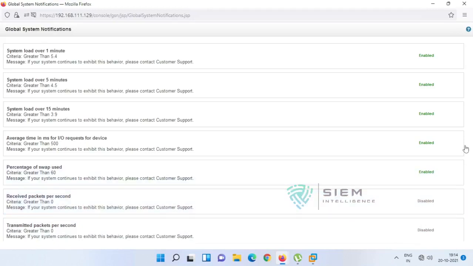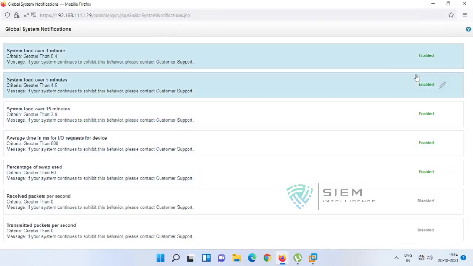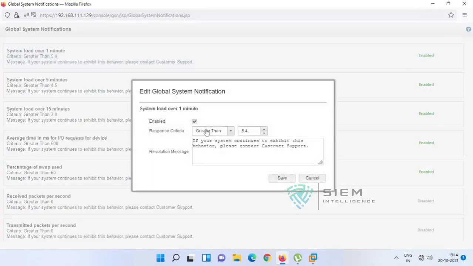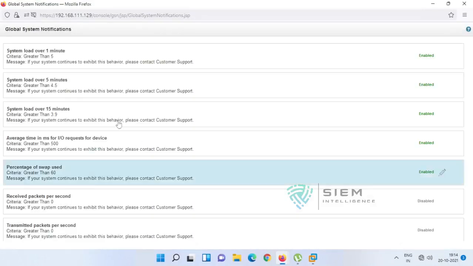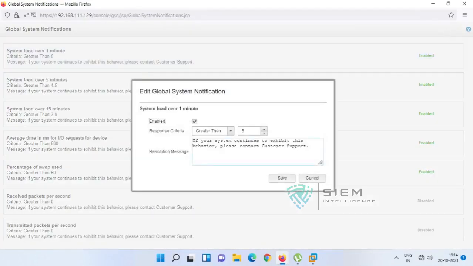Yeah. So these are the global notifications. This is related to your health. Basically it will show if your process is capturing out of 10. If it is more than 5.4 for 1 minute, it will show this message. This is misbehavioral activity of your QRadar. Okay, you can modify these things. Say you want to keep it in some file, you can save, and you can change this message also. So this is a misbehavioral activity of more than 1 minute and all.